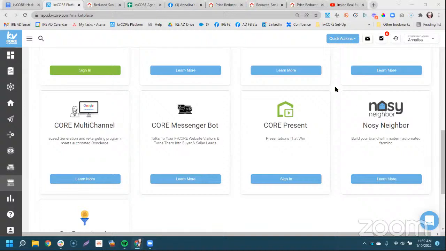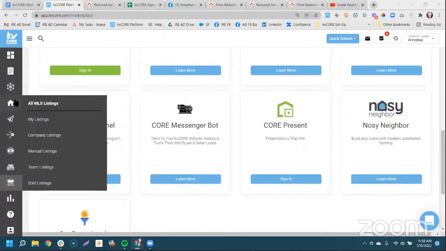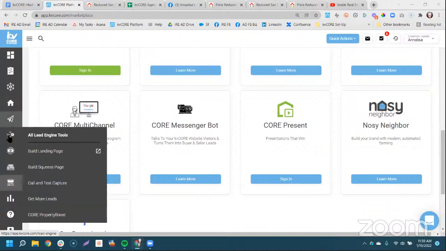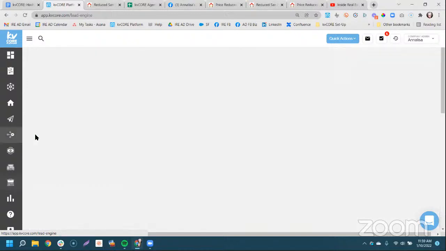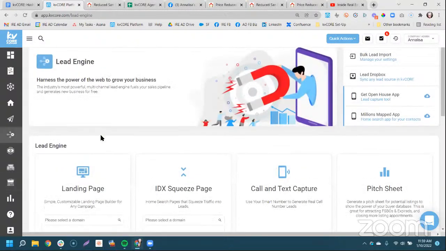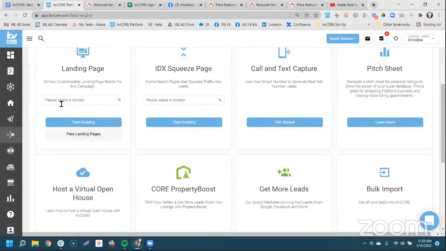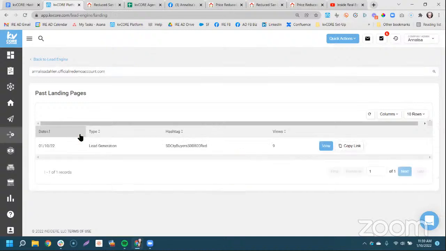Okay, one last thing I want to make sure we touch on before we wrap up, because there's been some amazing questions. We've gone through and said, when we build in this squeeze page, if we look for this squeeze page or landing page, we can go to all lead engine tools. You can click in here, like for your domain, to see all of your past landing pages you've built. So here's the landing page I just built for this one. We know we have a landing page and a squeeze page that points people back to our website to become contacts. And when they register, they're going to be tagged with this tag.